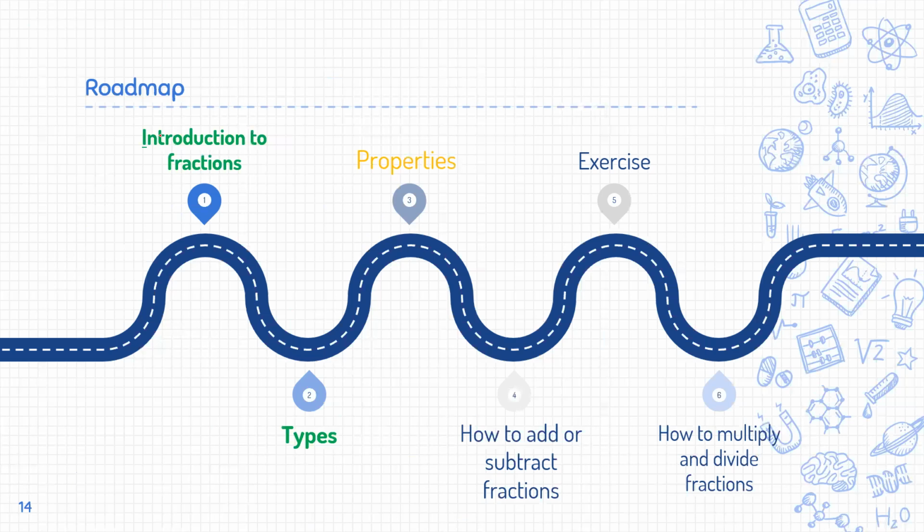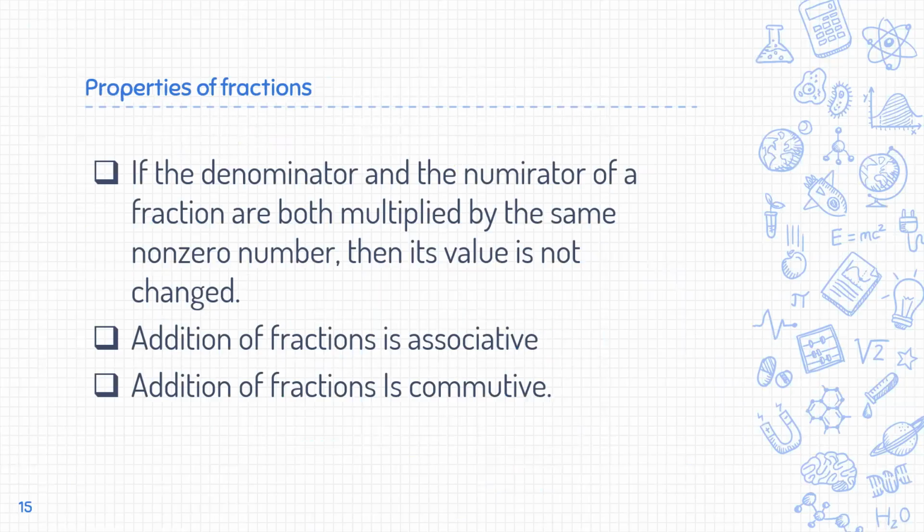So now we are done with the introduction. We are done with the types. Now it's time to go for the properties. This is the last topic of the video. So in the first property, so what is it? If the denominator and the numerator of a fraction are both multiplied by the same non-zero number, then its value is not changed. This means that if you multiply or divide,